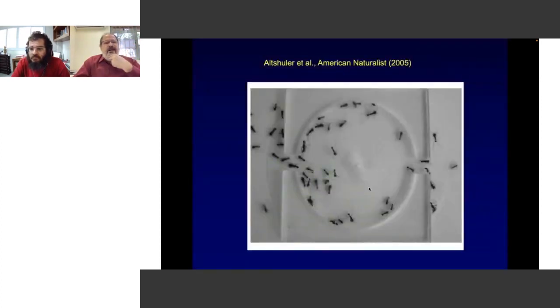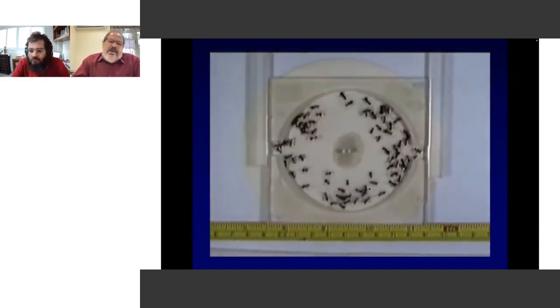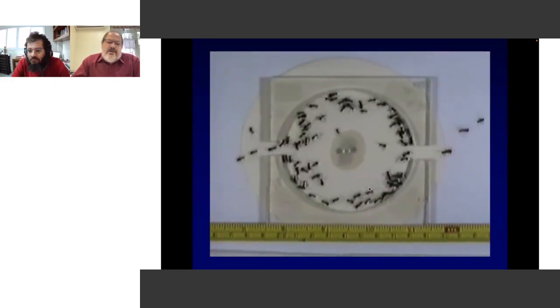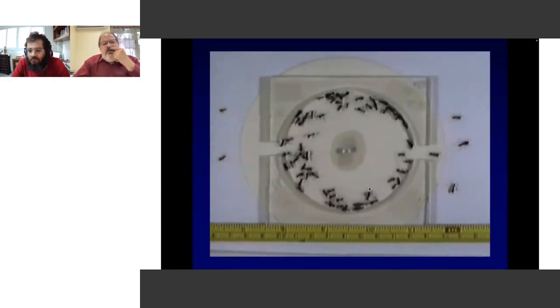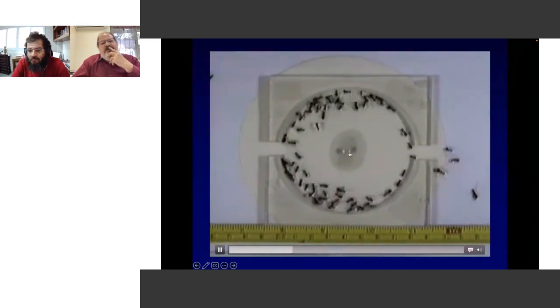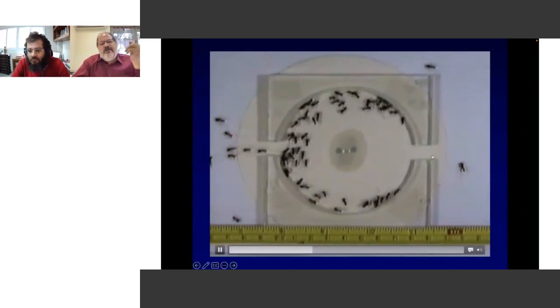But I like ants, so we could also learn something about real ants. I like this paper. This is a paper from a Cuban group published in American Naturalist. What did they do? They collected ants and put them blocked in this array, and in the center of it there is a row where they apply insecticide. Then they open the gates on the right and left and see what happens.